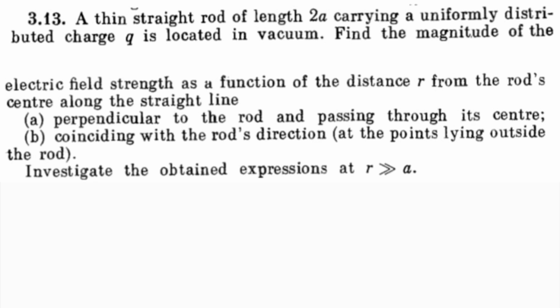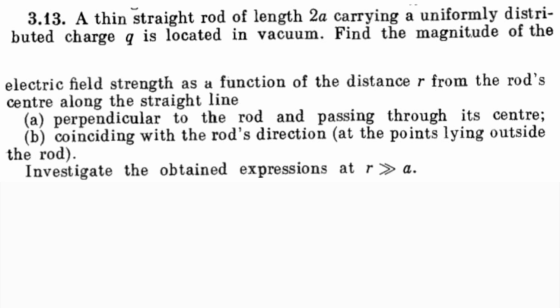So we are dealing with the 13th problem in this series, and the problem number is 3.13. The problem states: a thin straight rod of length 2a carrying a uniformly distributed charge q is located in vacuum. Find the magnitude of the electric field strength as a function of the distance r from the rod center